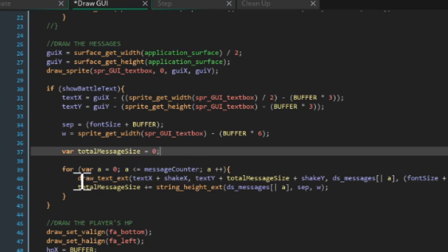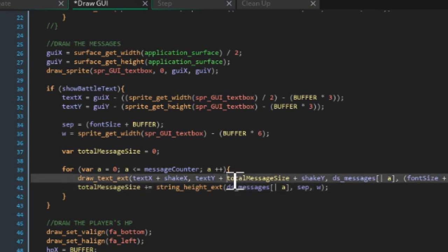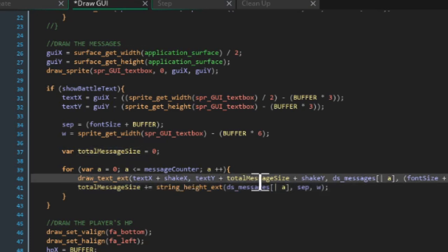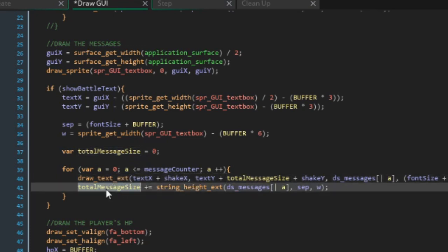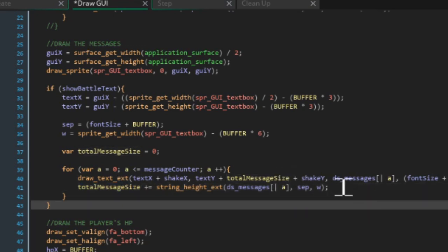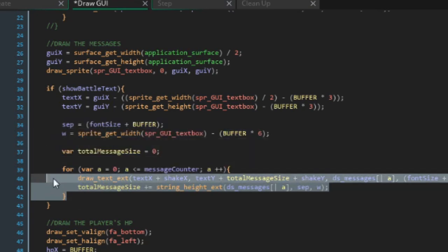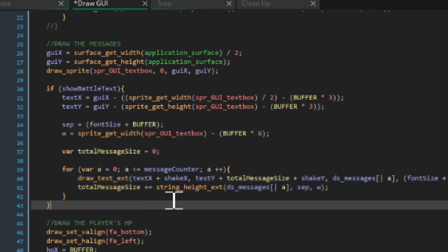So this line has changed as well. We're now drawing the Y coordinate is text Y plus total message size, which starts at 0. Then after the first message, this variable becomes the height of the first message, and then for every message afterwards it increases in height by that. And the separation is now font size plus buffer, just so we know where to start the next line. So this is the code that makes this happen. Alright, so now we've done that,